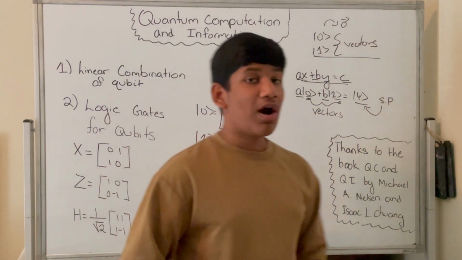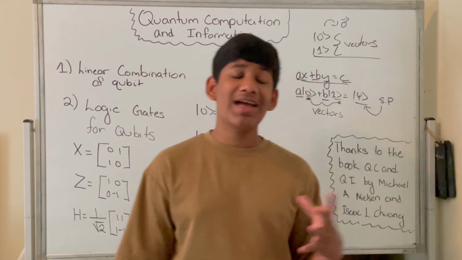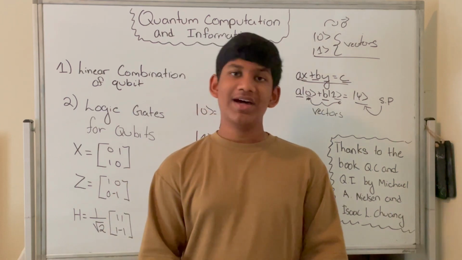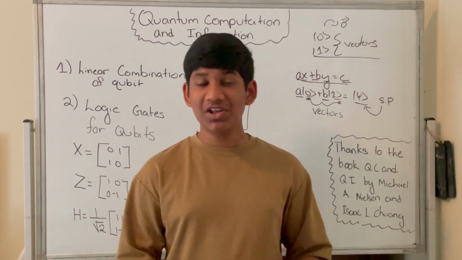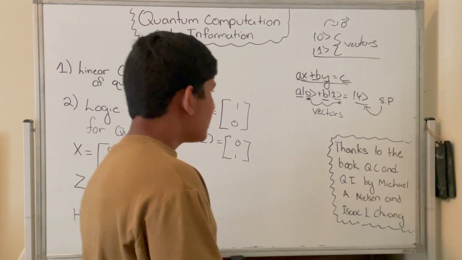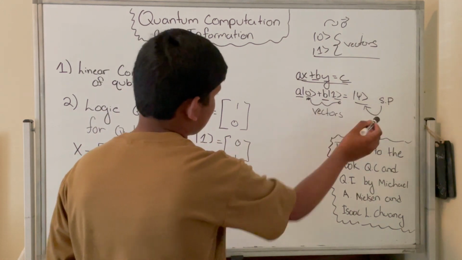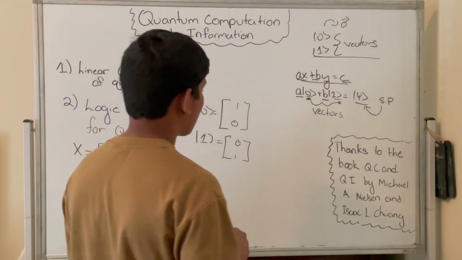Notice that kets are expressed in column format, as column vectors, whereas a bra is represented as a row vector. So that's an important key detail that you must distinguish when talking about bra and ket. Okay, so now that we've understood this, and we've understood the linear combination, let's put it together to understand